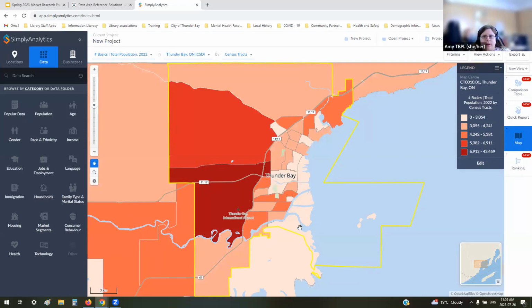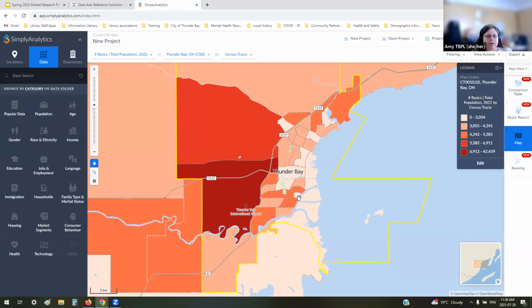The thing to know about the mapping feature is that if you're using a laptop or a tablet, depending on the screen size, it might not generate. Usually a 17-inch screen or higher will get the best resolution, but it will still work. It's just you won't see things like the lake as well. So if you're not familiar with the city, it's a little harder to get oriented. So if you're able to use a bigger monitor, I would recommend doing that if you're doing lots of work